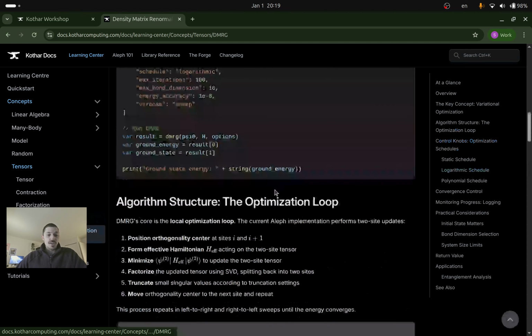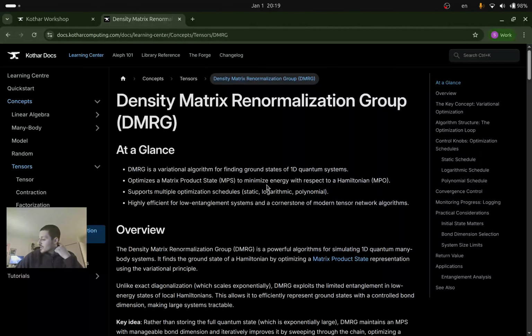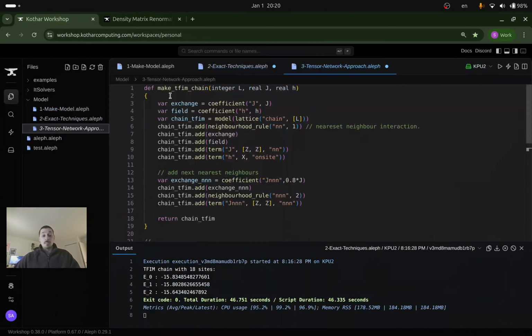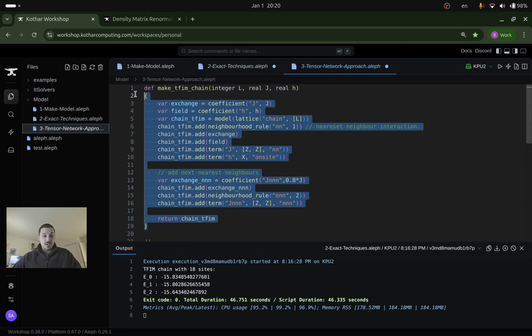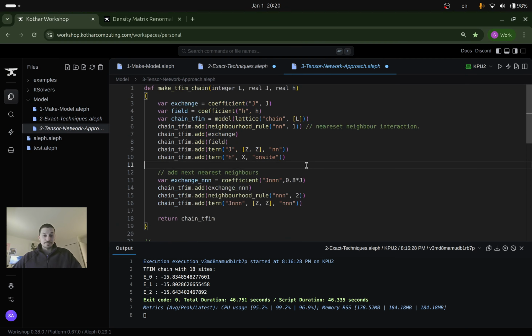And so DMRG is an update scheme, a variational approach to get the ground state wave function of a one-dimensional system. And so we can combine all of this, and there's some complexity in just getting these objects to work and interact in and of themselves, but then for different geometries, it gets rather tedious. So with the model class, basically, this is the same function I've had before, and we're going to use this